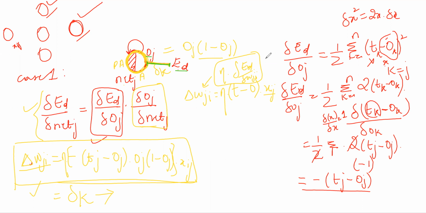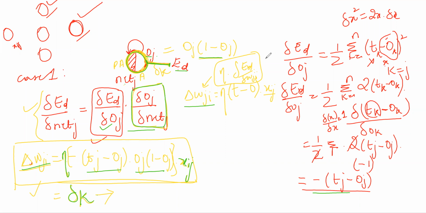Again, from here, I have to calculate this value. So delta Oj by delta net j, I got this. Now, I already know this is my loss function. With the loss function, we got the derivation and we got this as my answer. I already told you it is calculating the value of one single perceptron, so Oj into (1 minus Oj). I have these values substituted in the equation. When I consider the weight updates for that, the weight updates will be given by the learning rate and xij. I've substituted this entire term and I will just define it as delta k.